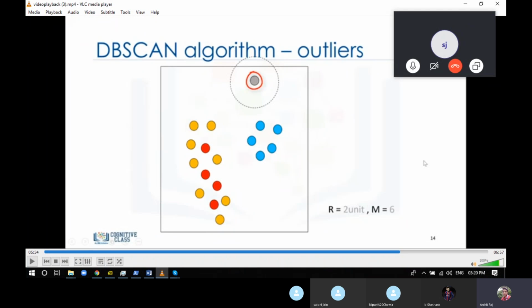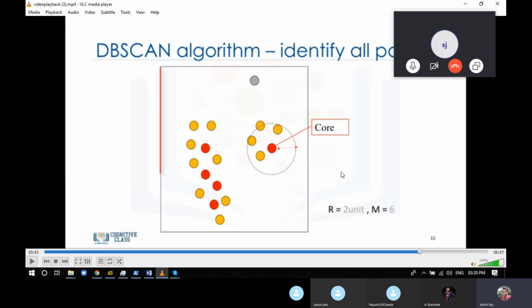So I guess you understood how exactly DBSCAN works. Because this point doesn't have even a single point in its neighborhood, we'll consider this as an outlier. This is how DBSCAN finds outliers. Because you provided a neighborhood, and there is no point in that neighborhood, it means it's an outlier. Again, you can see, make the circle, and make it a core or a border. Now you can see all the points have been specified as either core, border or outliers.